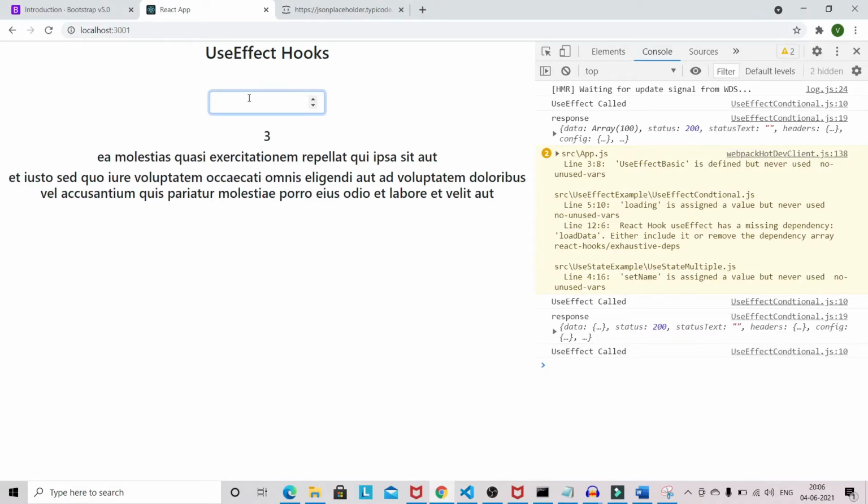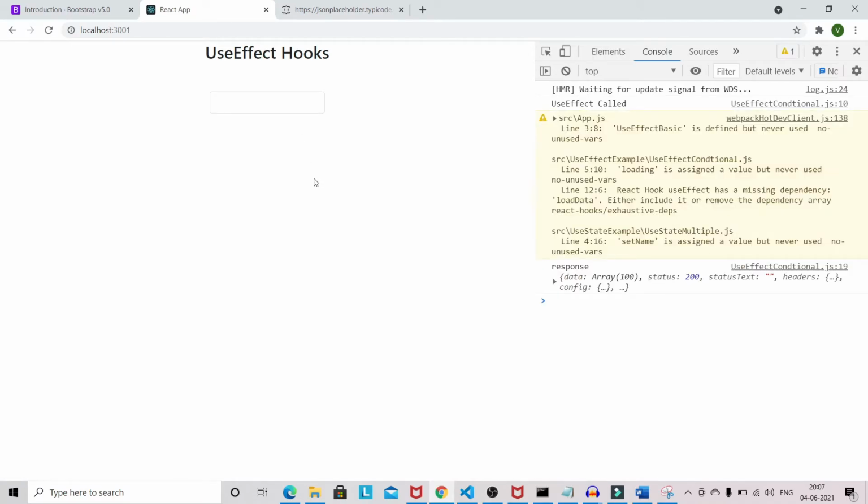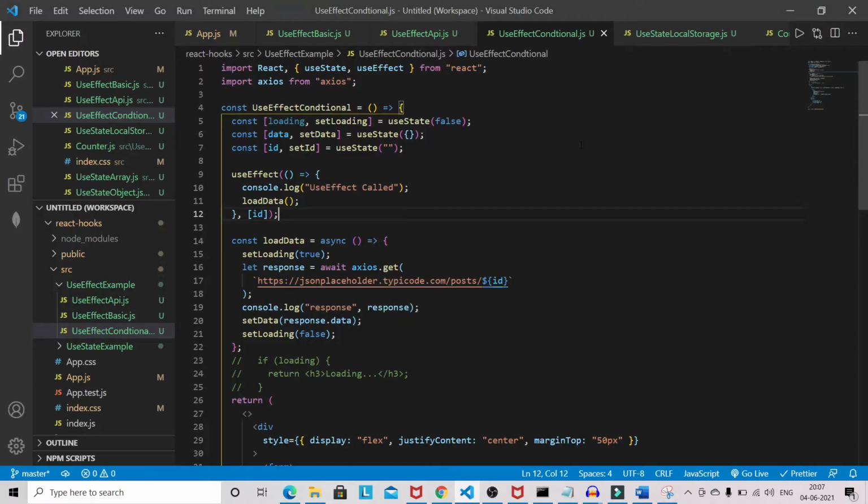If I give 5, it will give the related post of user ID 5. So I hope you understand this useEffect concept, how you can mimic componentDidUpdate with the help of useEffect. And the next thing we are going to see is how we can implement the cleanup function in useEffect.